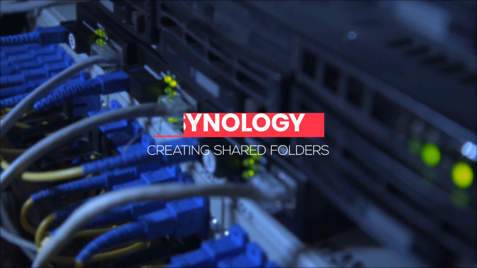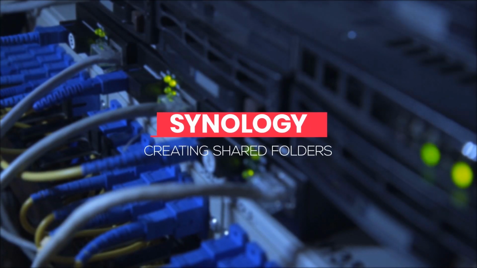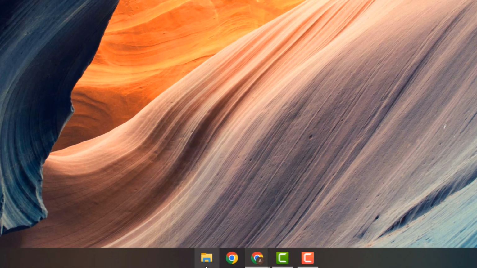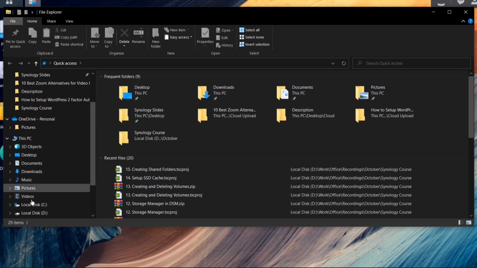In this video, we're going to actually talk about how to create a shared folder inside your Synology NAS. So creating a shared folder is where you allow users to add data over the network to your Synology NAS. Now if I were to open up my file explorer and head over to the network and head